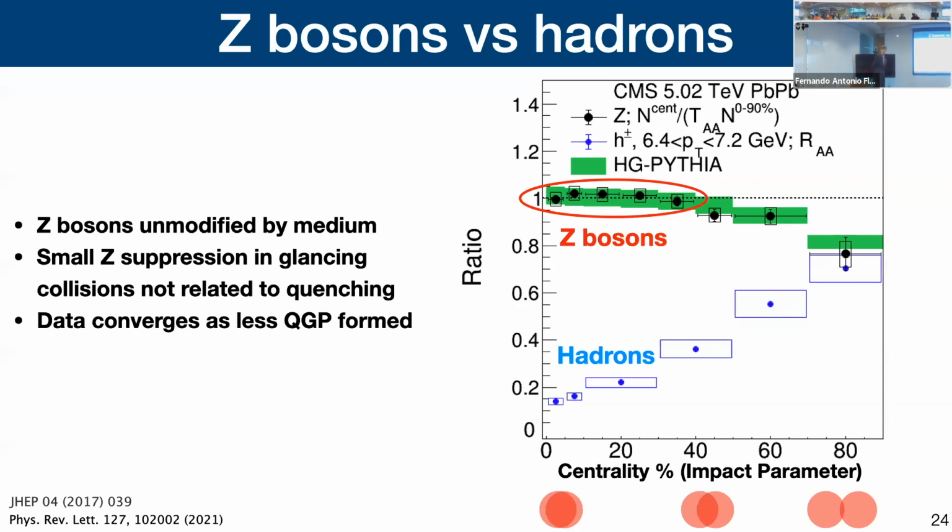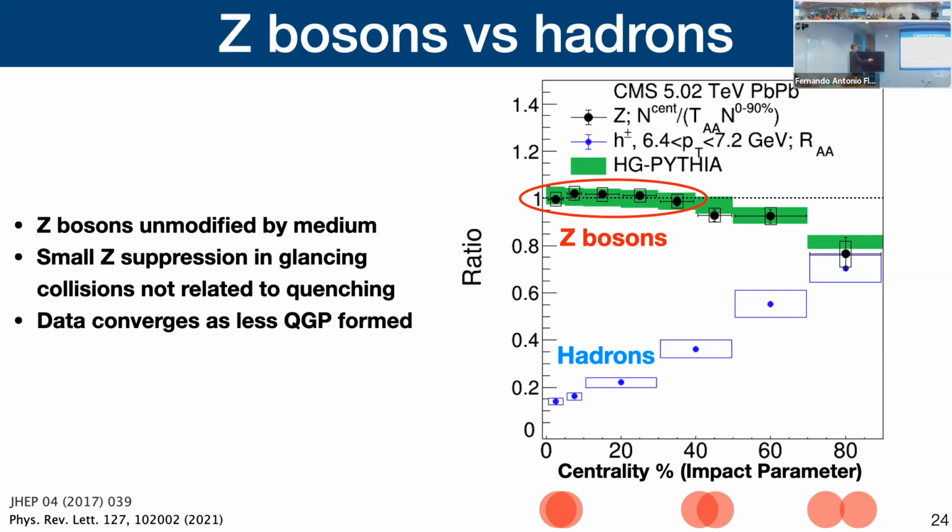What we did was we looked at Z bosons, which were the unquenched particles that I mentioned. That's shown by the black data points here. And then the hadrons from the previous two slides that were very suppressed are shown here. So this is plotted as a function of basically your impact parameter. So here you make a large amount of quark-gluon plasma. Here you make a small amount, or maybe no quark-gluon plasma. And so you can see that for Z bosons, there's not much suppression, whereas for hadrons, there's a very large amount. So this is a very nice confirmation that this effect seems to be coming from the presence of color charge on the quarks and gluons, so quenching.